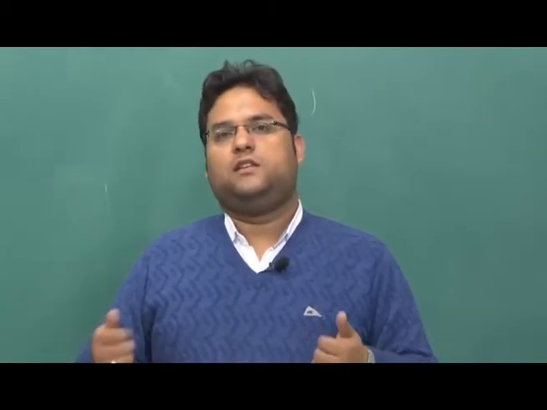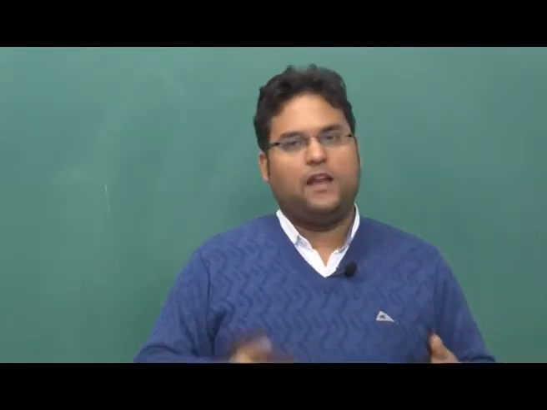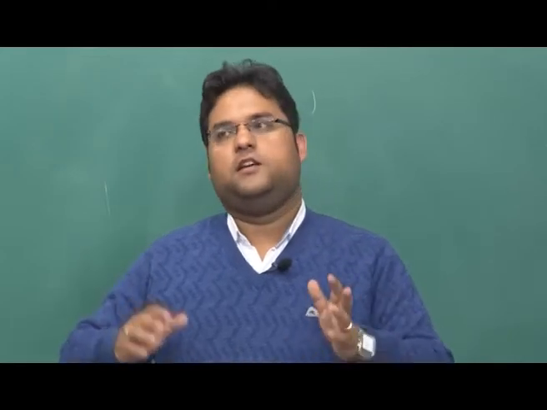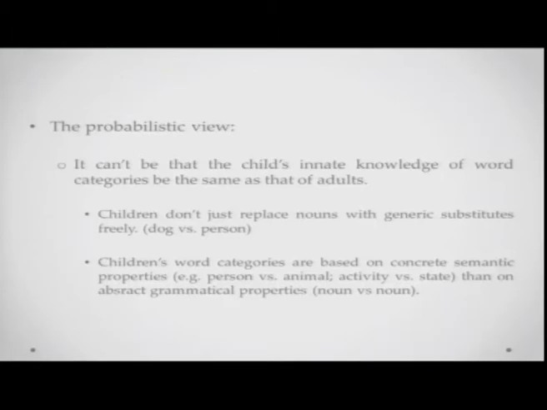But the idea is there are these very simple structures, you can get a conceptual representation of it as you are seeing it, and then you try and map with the linguistic input, and that is pretty much what the children might be using. But wait for a second, there is another view to this. The probabilistic learning view says that it's very difficult to imagine that the child's innate knowledge of word categories will be same as that of adults. We have this concept of nouns and verbs, etc., but in some sense, probably it's foolhardy to even imagine that the children might be doing it.